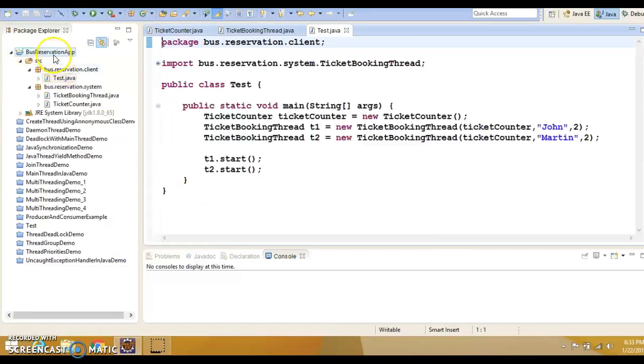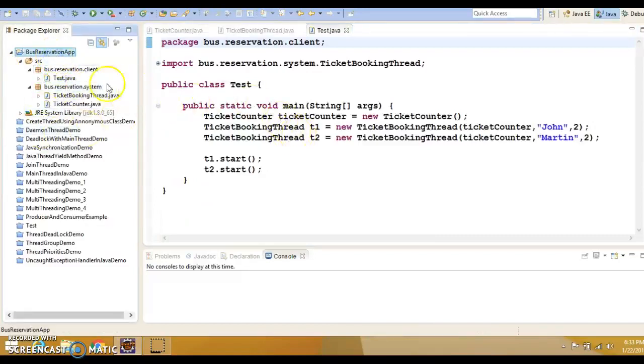Here I have already created this project, and I have created all the files which are needed to explain this project. So let us consider an example where we have a travel website like redbus.com, through which we can book bus tickets. Right now there are only 3 tickets left, and 2 people are trying to book the ticket at the